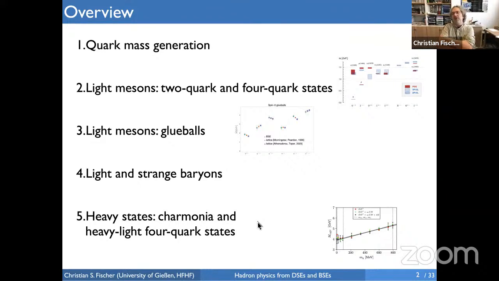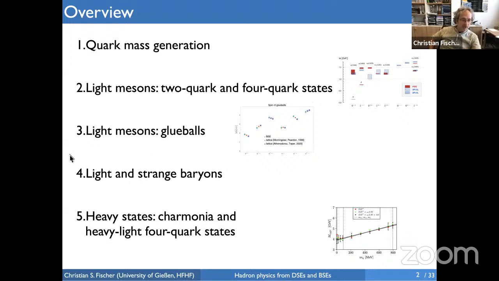So I will briefly start the talk with an introduction into quark mass generation. And you will actually see that that matches nicely to what Kenji explained with respect to chiral symmetry breaking. And I will then cover in 3 chapters the light quark sector. We will start with light mesons, with conventional light mesons, so 2 quark states, and compare those with potential 4 quark states in certain channels.